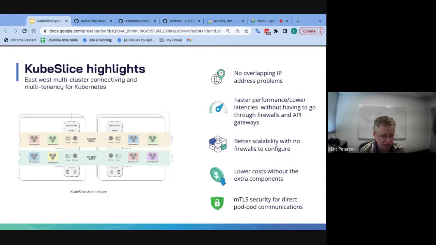There's one cloud in particular that I know of that uses the same addresses on every cluster. So when it comes to interconnecting them, there can be address overlapping problems. KubeSlice solves that by putting this overlay in place and letting you communicate on top of that.